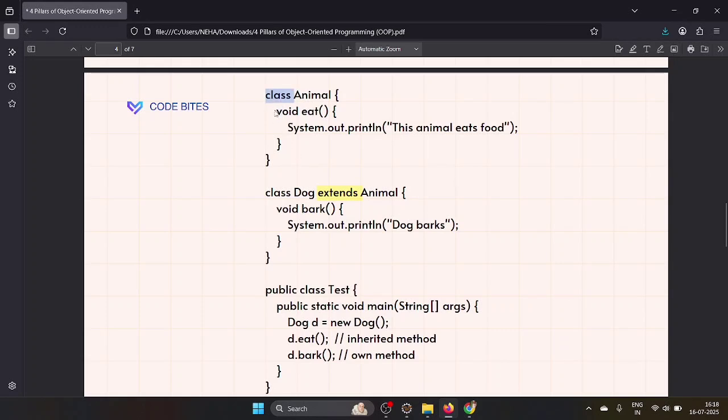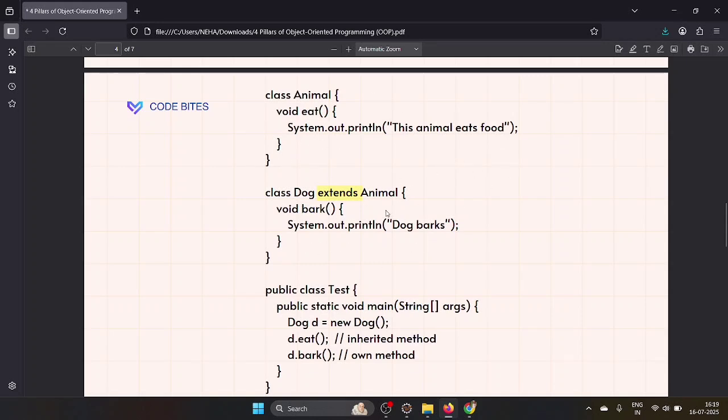This much sentence you need to write. Void, here this method you need to write, right? Void eat, System.out.println, this animal eats the food. You need to rewrite that code inside this dog method, right? If you have not written this extends Animal and you are not inheriting the class, then this method you need to rewrite, right? But if you are inheriting, there is no need to write this method again.